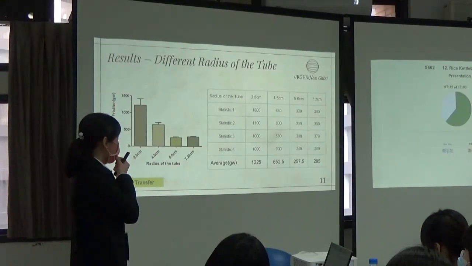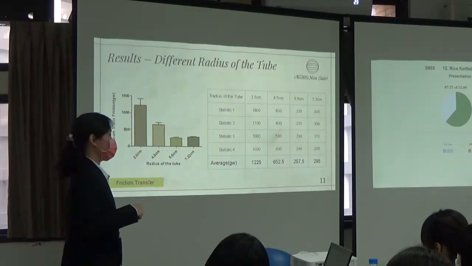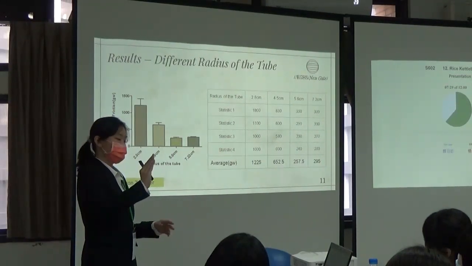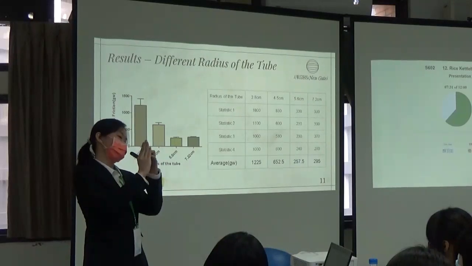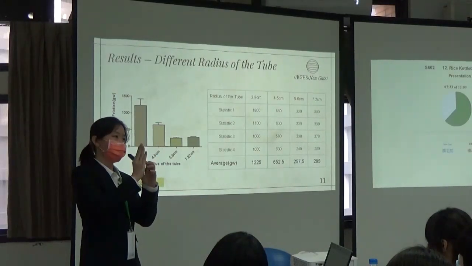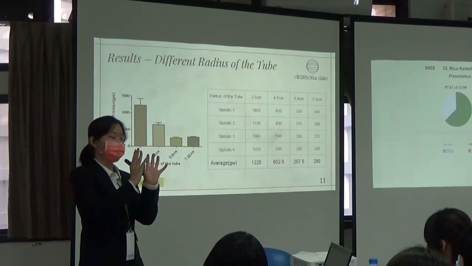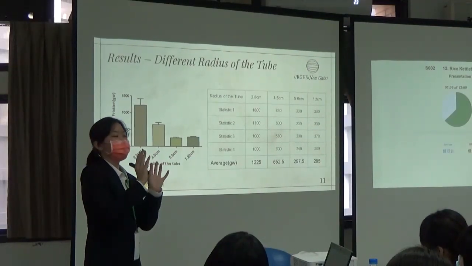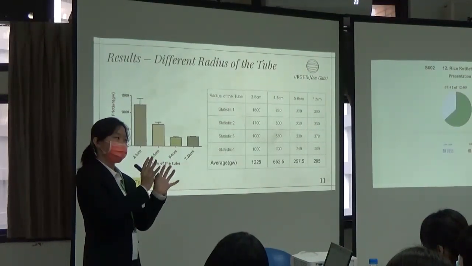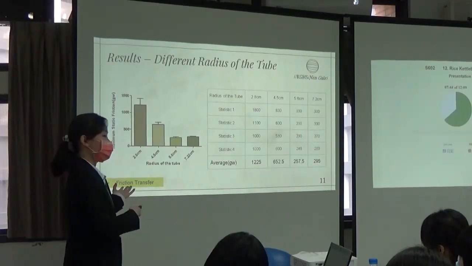We consider that this may be because of friction transfer: when the vessel is over here and the rice is over here, it has to transfer the friction from here to the stick. And if this length is too long, then sometimes it can't transfer that much friction,